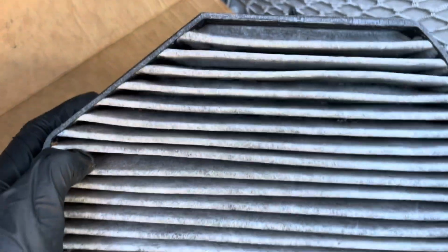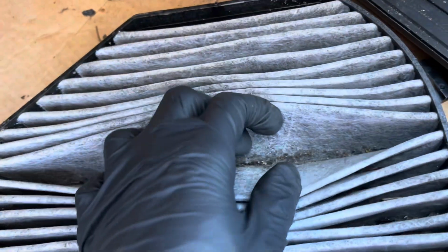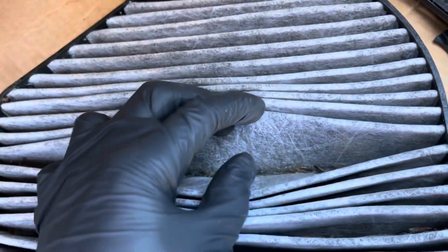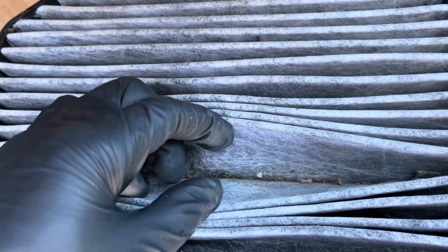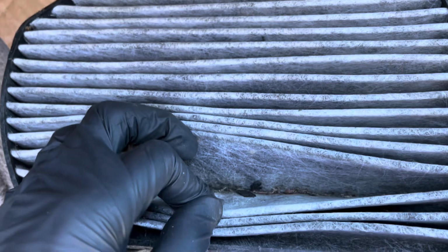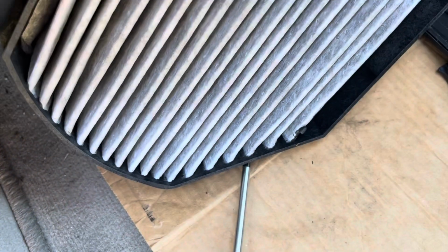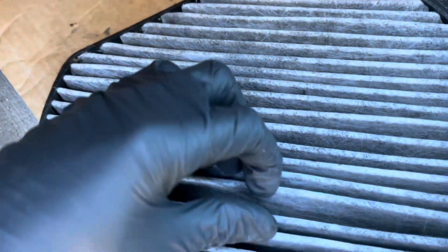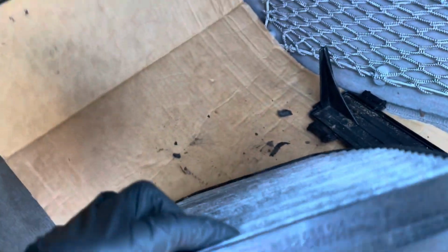The filter out, and the easiest way to tell, as you can see within each of these filters or the grooves, the debris. So this basically filters the air into the cabin of the car, and if this is dirty, the air in the cabin is not going to be obviously the cleanest coming through. Yeah, this filter's definitely past it,